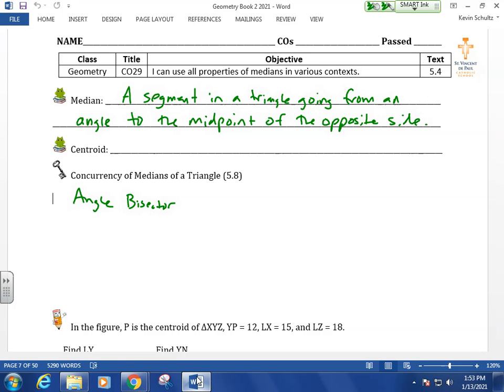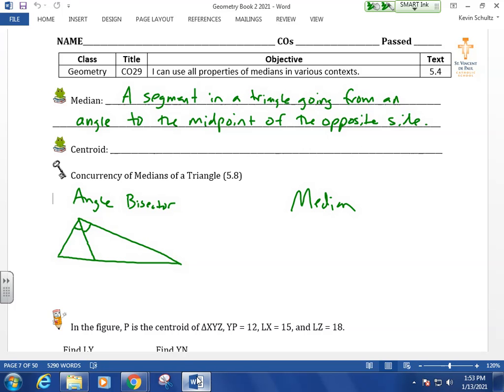Okay, what an angle bisector does, let me see if I can draw, let me make my triangle. It's kind of like that, okay? An angle bisector comes from an angle so that it bisects that angle, and obviously you can see it does not intersect the opposite side at the midpoint, right? It just hits it wherever it happens to land, okay? What a median does,